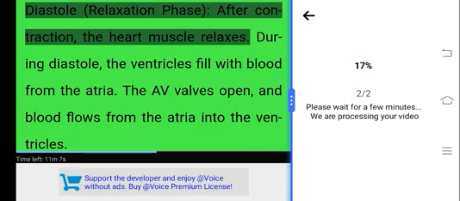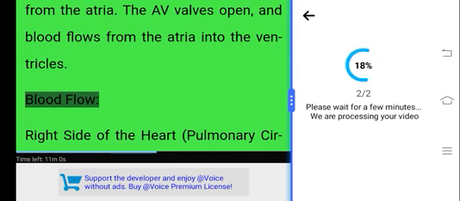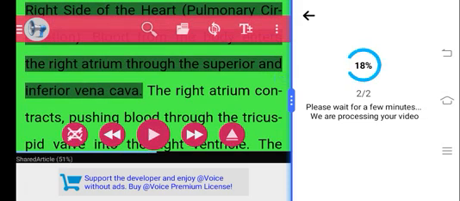Diastole, relaxation phase. After contraction, the heart muscle relaxes. During diastole, the ventricles fill with blood from the atria. The AV valves open, and blood flows from the atria into the ventricles. Blood flow. Right side of the